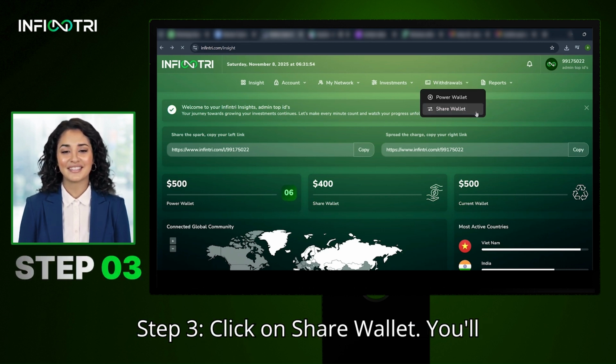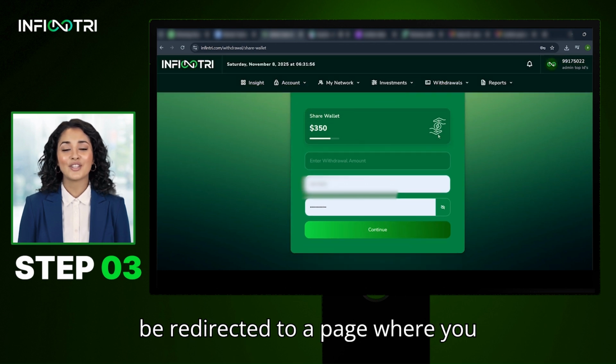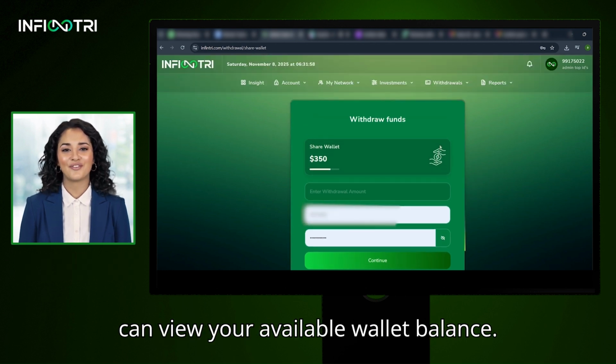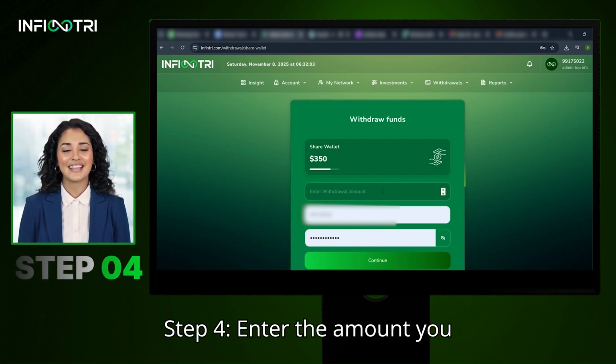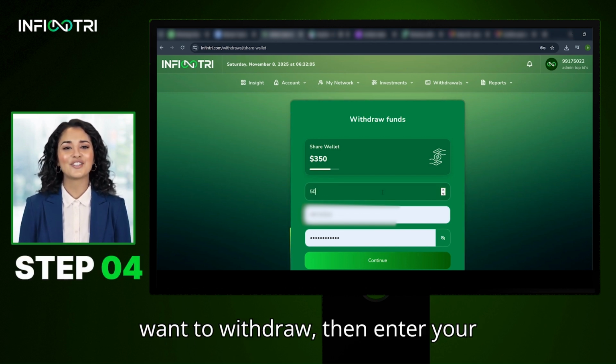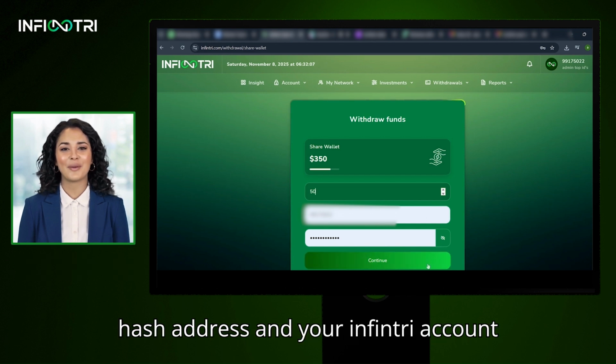Step 3. Click on Share Wallet. You'll be redirected to a page where you can view your available wallet balance. Step 4. Enter the amount you want to withdraw, then enter your hash address and your Infintri account password, and